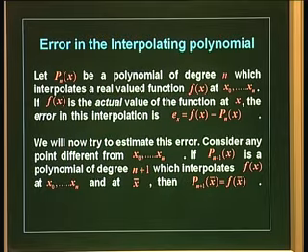Given a polynomial Pn of x of degree n, which interpolates between 0 and n with the tabulated function values, the actual value of the function should of course be f of x. So f of x is the actual value of the function at any point x. Let's say this function is tabulated at x0 up to xn, and we have constructed a polynomial Pn of x in such a way, as we just saw in this example, that this nth order polynomial agrees completely with f of x